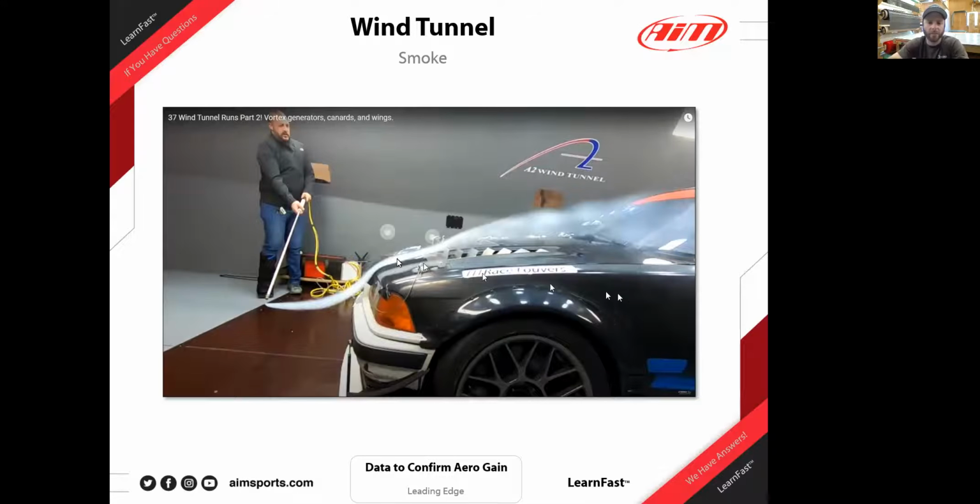You can see how the smoke goes up and over the kidney grill. I'm pretty sure it was taped up in this run. It looks like it was. But yeah, the low pressure zone caused by that first louver, you can see how it'll help extract some of that air out of the hood. Which is one of the big contributing factors to the increase in cooling, as well as the increase in downforce. You do pick up a little bit of drag,